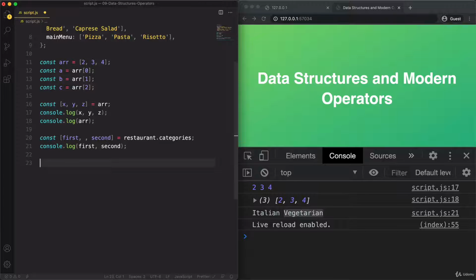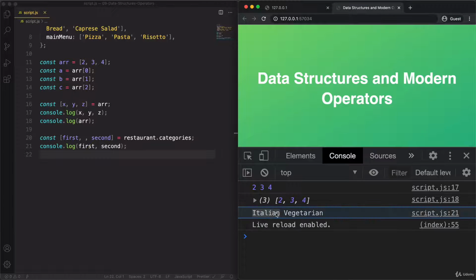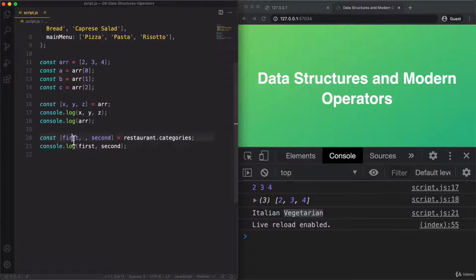For example, let's say that the owner of the restaurant now decided to switch the main and the secondary category. So right now the primary is Italian and the secondary is vegetarian, but now they wanted to switch it. So let's first change the name here to main and secondary, just to make it a bit more obvious. And so if we would like to switch these two variables, then without destructuring, we would have to do